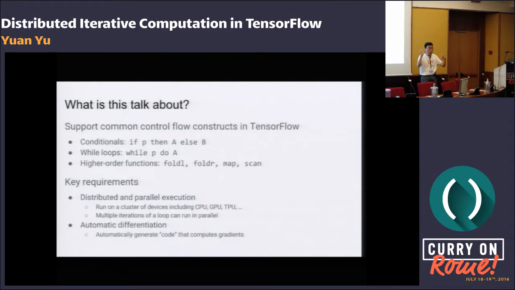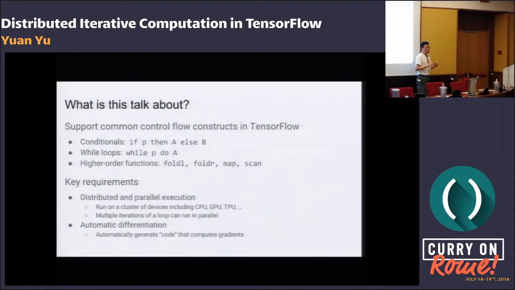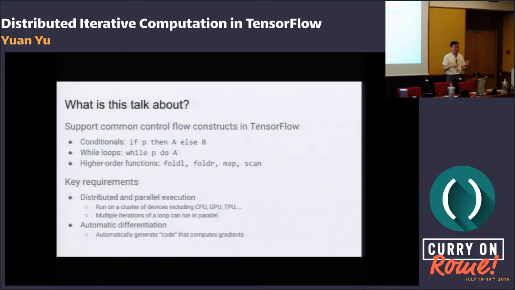Each device is going to run its part of the computation, but there is going to be coordination to collectively decide when the loop is going to terminate and whether there's going to be a next iteration. And we'd like to have multiple iterations run in parallel.